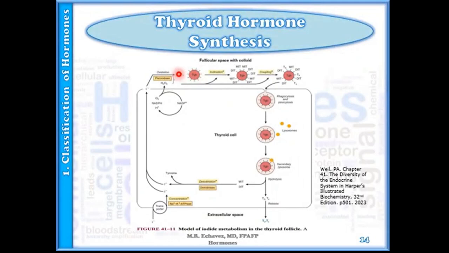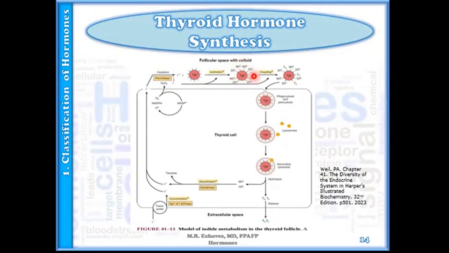So in this part, you have the next step, which is the iodination of your thyroglobulin, or the organification of thyroglobulin. Here you would see that the tyrosines on your thyroglobulin will gain iodines. If you have one iodine attached, that's your monoiodotyrosine. If you have two, you have the diiodotyrosine.